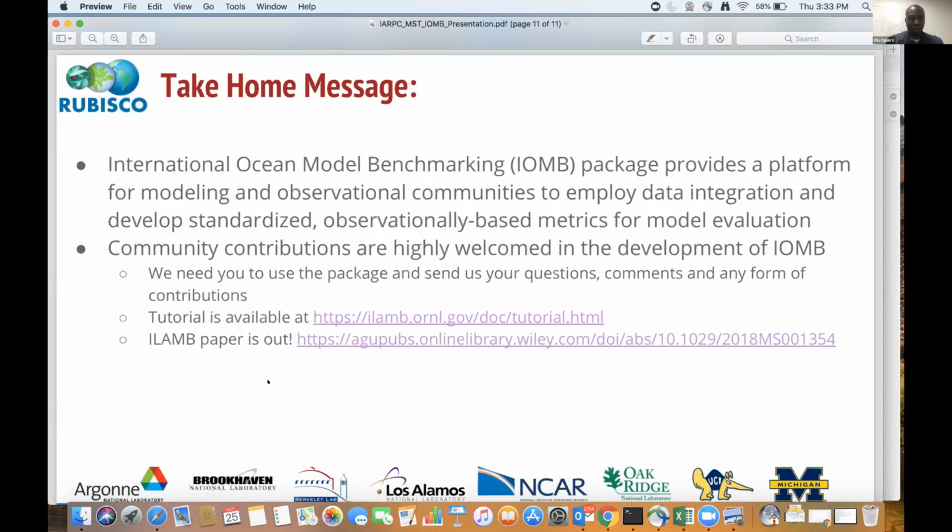So as I showed, by default, IOMB is just going to weigh the data sets you put in equally. If you put in two data sets, it's just going to weigh 50-50. But if you're using, say, for example, the World Ocean Atlas and maybe a data set that is well known in the Arctic and you know that this data set is really good, you can say, oh, I don't really trust World Ocean Atlas. You can tune that down to say like 30 and then put the other data set at 70. That could be easily done by the user. So that is how we handle that currently.